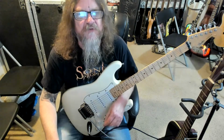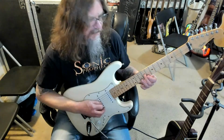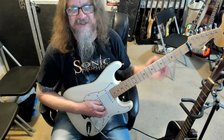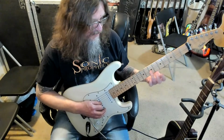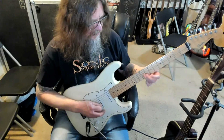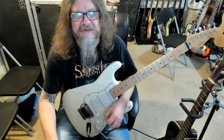Okay, actually, yeah. If we go back and look at your tabs for the Tom Petty one, you can see where that has 9, slide to 7, back to 9. So if you just got rid of the first 9 and the first 7, so it's just that line pointing up to 9, you could start at 7 and pick and slide simultaneously to 9. You could start at 5 and do it. But I usually just go a step, maybe a step and a half, but no more than that, because it ends up,